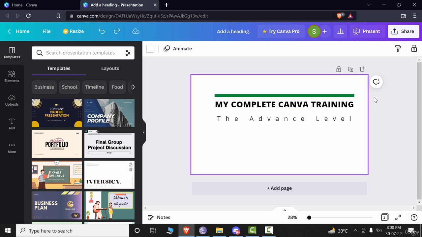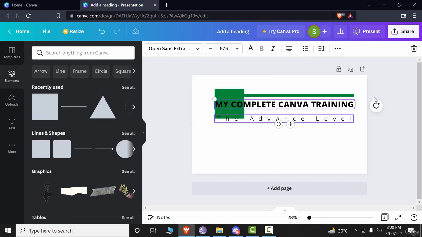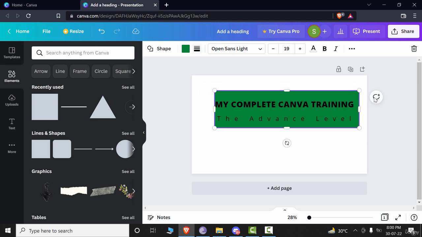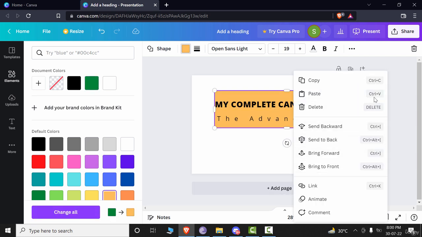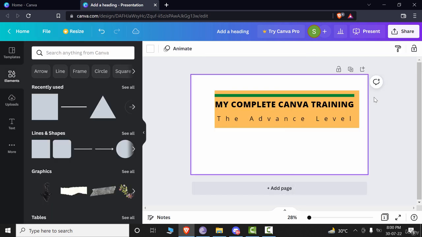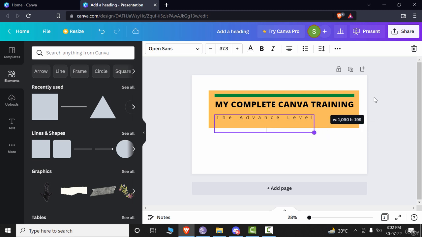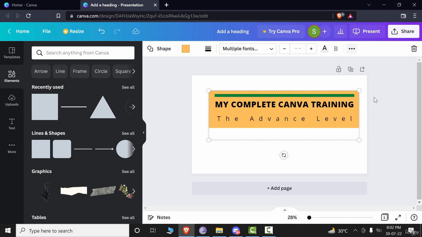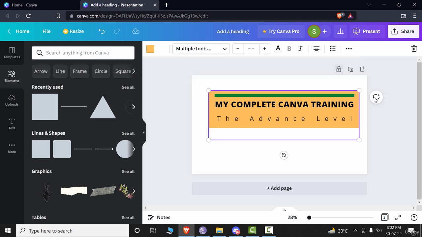Now one other benefit of this is, for example, let's add a shape, for example this one. I have a shape in the background just like this, and let me format it to another color, let's say this one, and send it to the background. Now what we need to do is keep this box inside the group. That is important. If it's not showing inside the group, first of all, we will ungroup all of that,